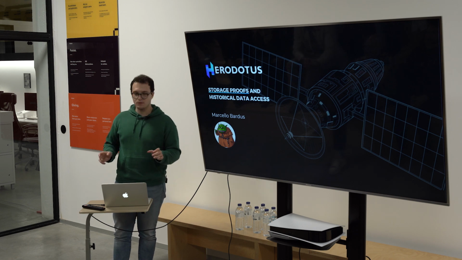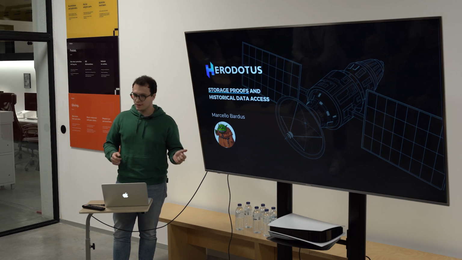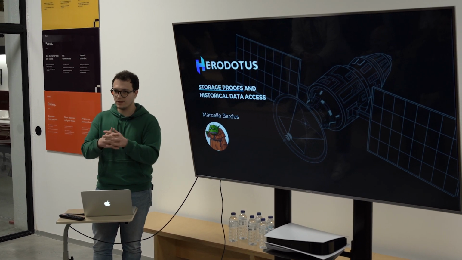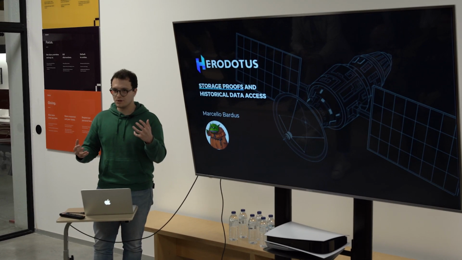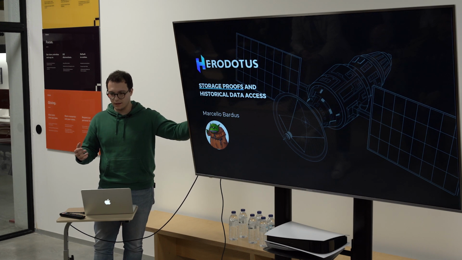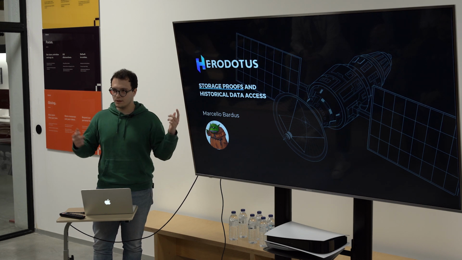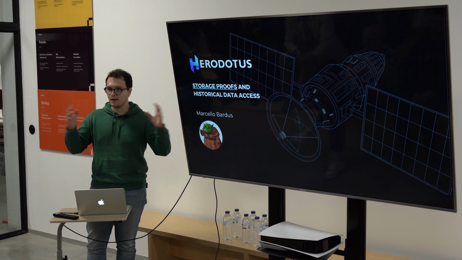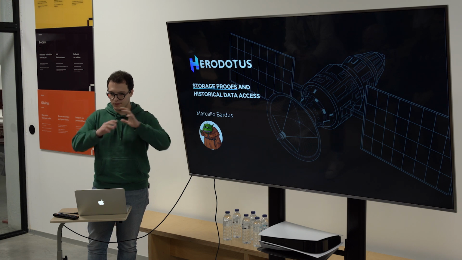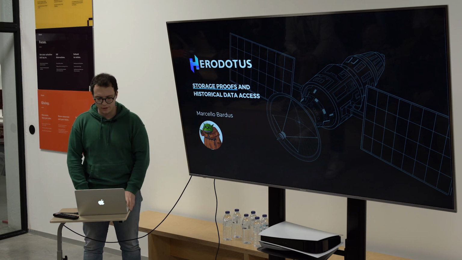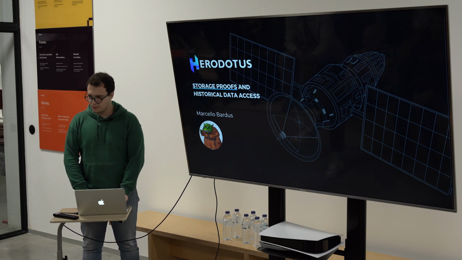So maybe a few words first, what we actually do at Herodotus. We do storage proofs, but we make them cool by adding SNARKs to them. It's a nice combination, and with that combination, you can access whatever data from an L2, from another L2, L1 data on L2s, and most importantly, you can go crazy and read historical data at scale from smart contracts. So it is unlocking a lot of new application designs. And I want to briefly talk about it, but most importantly, how it's actually possible and how the tech works